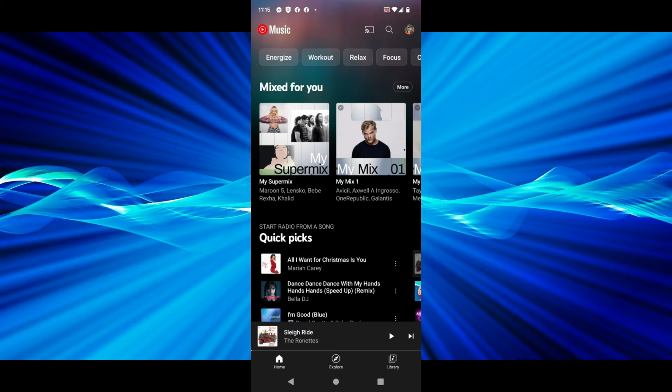At the very top, under where it's got the little play button and music, you'll see the words energize, workout, relax. If I take my finger and I actually hold down on the screen on one of those buttons and slide to the left, you'll see even more that pop up. These are all quick shortcut hot buttons that you can tap on, and they're going to bring up music based